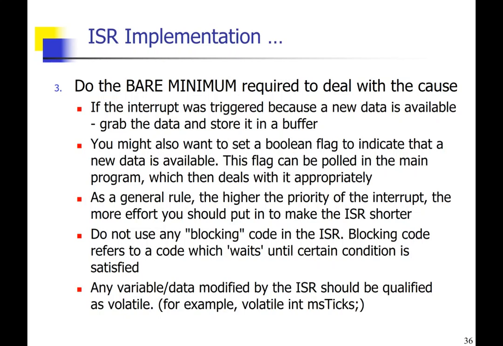Like for example, if a new data is available, grab it and store it somewhere and put up a flag for your main program to access it, right? Do not do much processing. And as a general rule, the higher the priority of interrupt, you put in more effort to make it shorter and shorter. And please note that when I talk about a shorter code